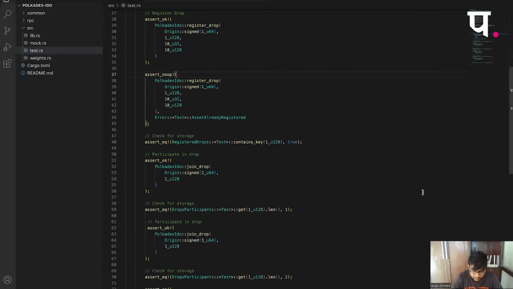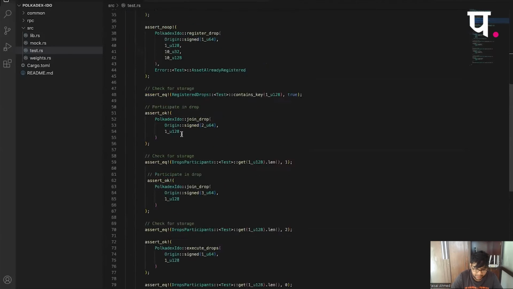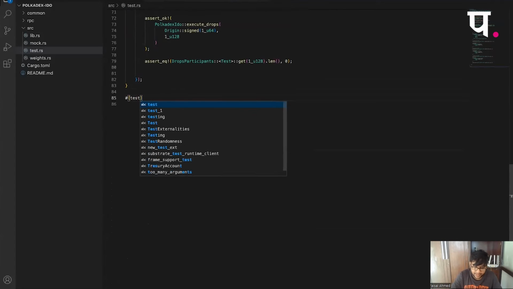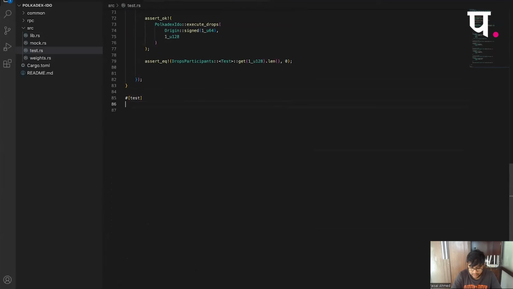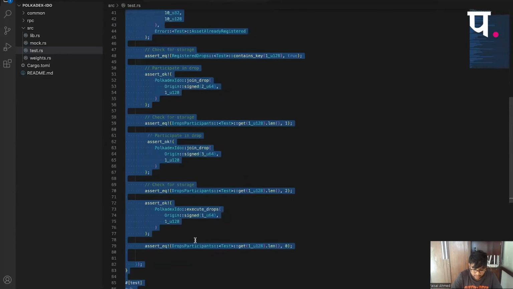So another problem with this entire thing, if you haven't noticed, is that I cannot segregate this into different functions. For example, I cannot have a register asset in this mock runtime environment and then do the next step over here. Let's say I have another function over here that does the same thing. I'll just give you an idea.